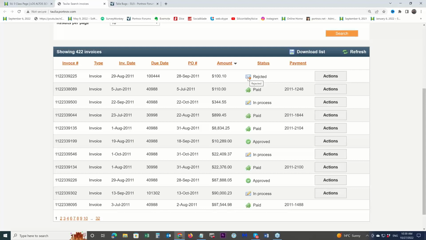You go to that icon and the tooltip says rejected. You go to another icon and it says paid. It goes to another icon, it says in progress. That icon, guys, we've got a problem here. So instead of the tooltip saying paid, it says approved. So we have another bug report to report.